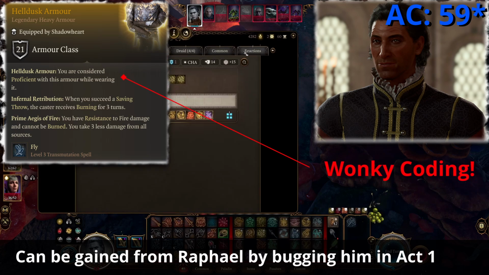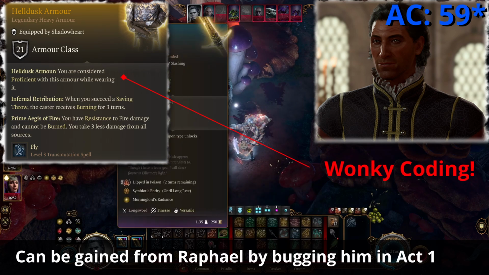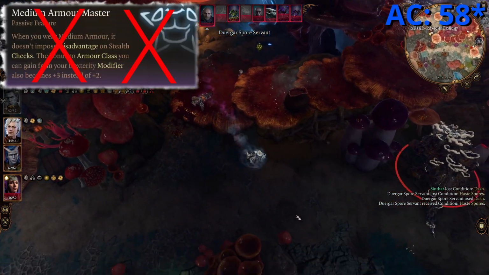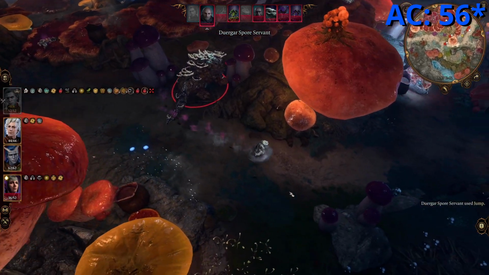And the wonky coding of the Helldusk armor's ability to be used by anyone opens up so many more options for fun. So let's use that. This armor is not a medium armor, so it doesn't work with the medium armor master feat. It also has a max dex of 0, so in total we lose 3 points of armor class from dexterity